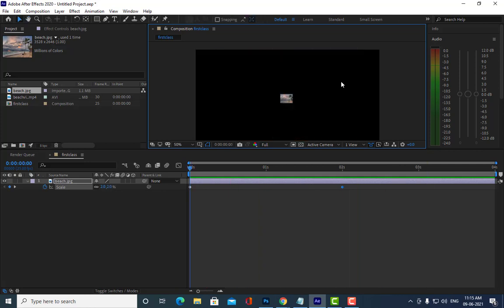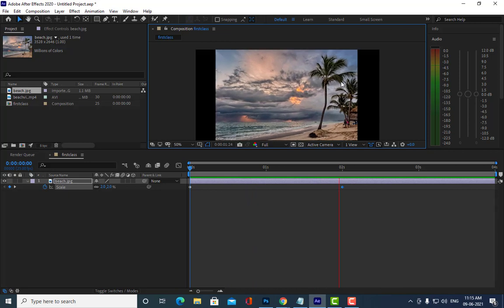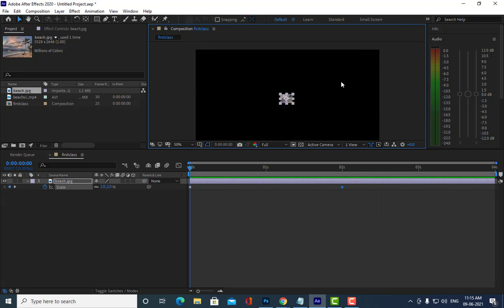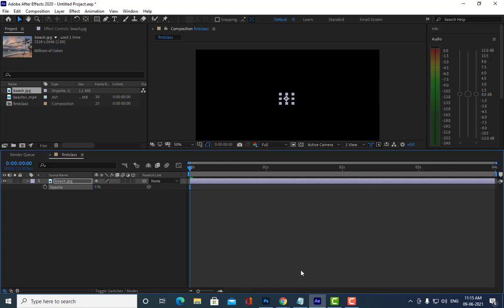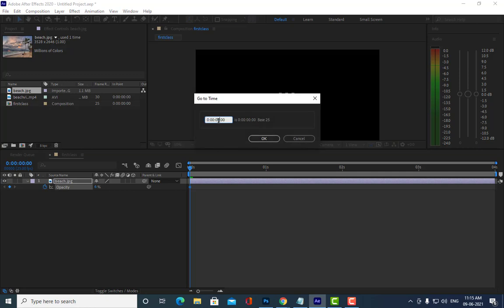Okay, and if you want to do 2 types of animations, scale as well as opacity, how to animate opacity? Anybody can tell? Hit T, and then we will reduce the opacity. Click on the stopwatch, and we will go to the 1 second point.